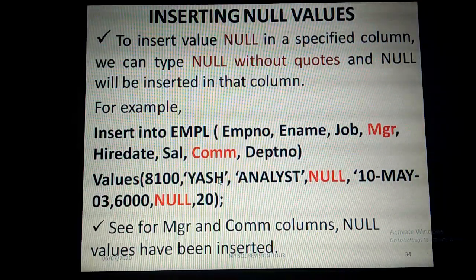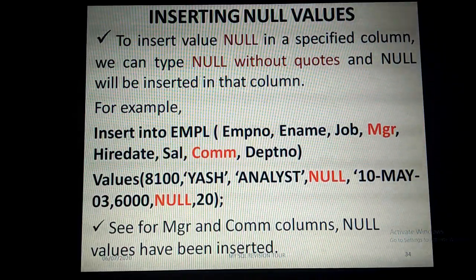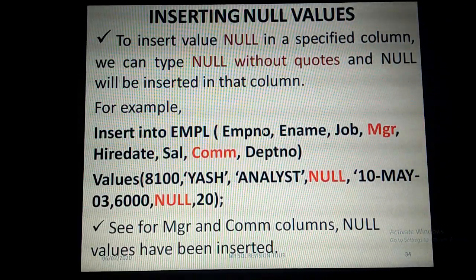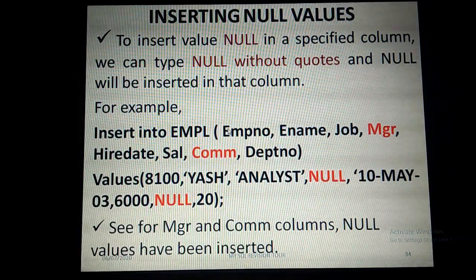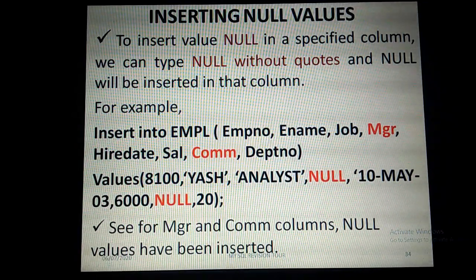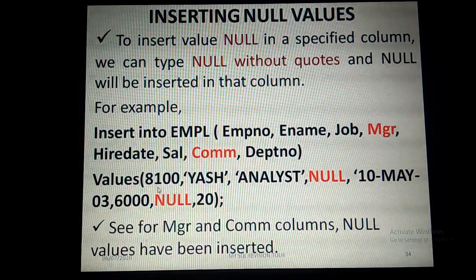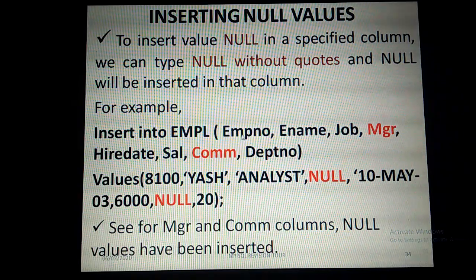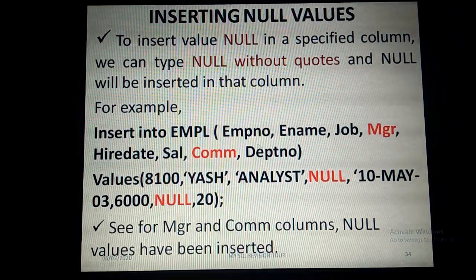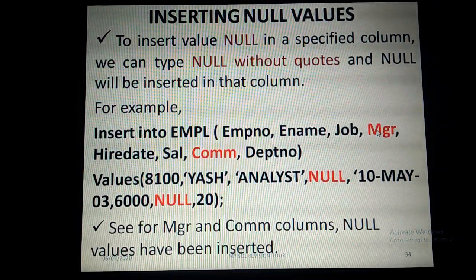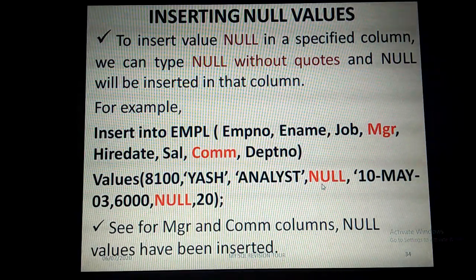So how to assign the null value? Insert into, all the field names we need to include within the parenthesis. After that values, and after values we open the parenthesis and enter the values for every field name. For the fourth attribute, we need to enter the null value.